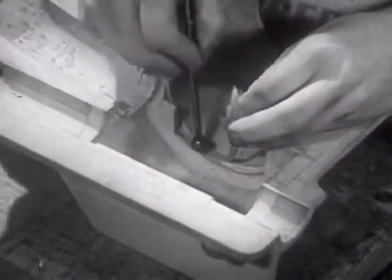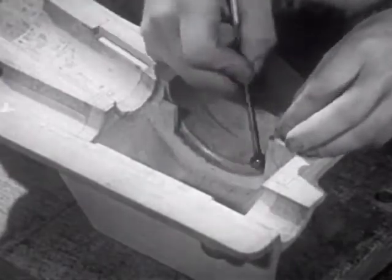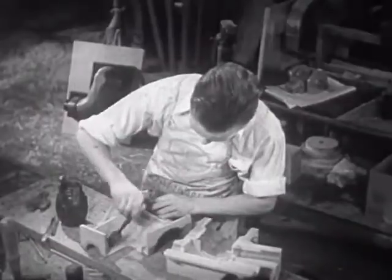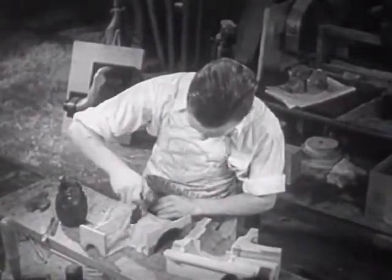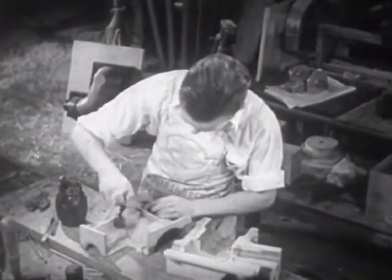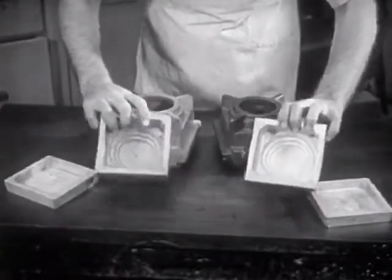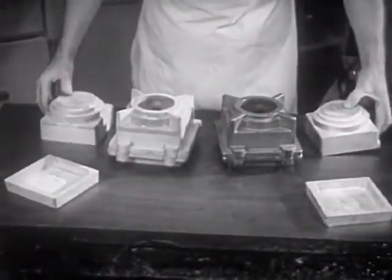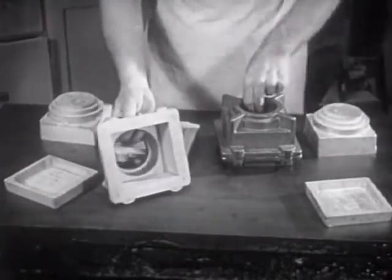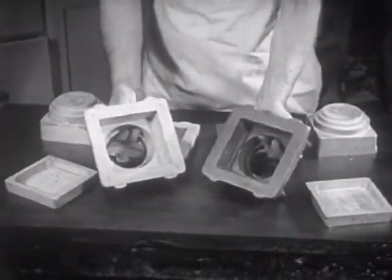When the pattern is finished, the inside corners are rounded by means of fillets. The whole pattern is then shellacked. The true test of a pattern is the ease with which sand molds can be made from it. If the wooden pattern is used a great many times, the sand soon destroys the wood. Therefore, when many castings are needed, metal patterns are cast from the original wooden master pattern and are used by